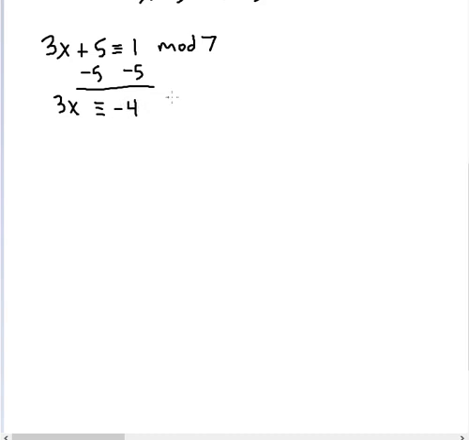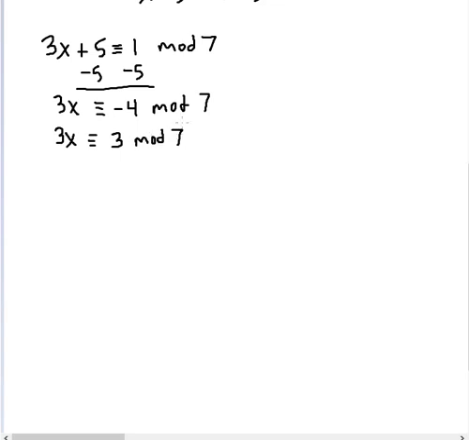And I'm going to get negative 4 mod 7. And I can even correct it because that's silly. I want to add 7 to the negative 4, so that way it's between 0 and 6. So we get 3x equals 3